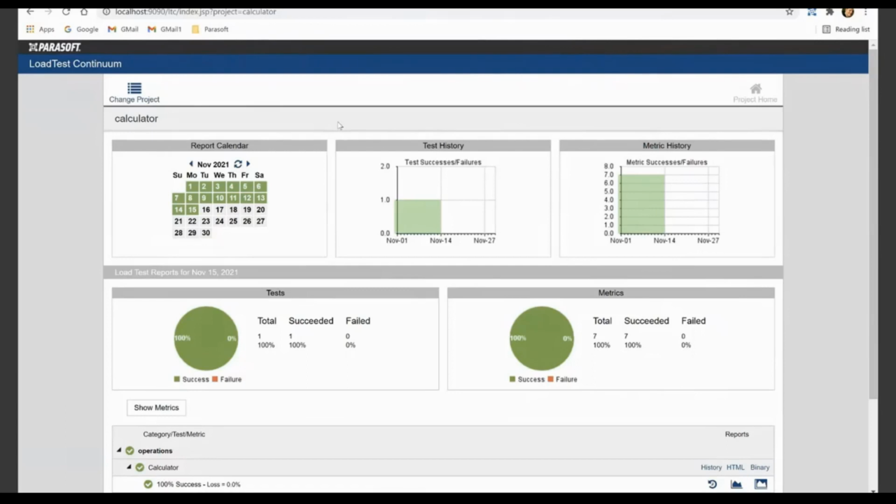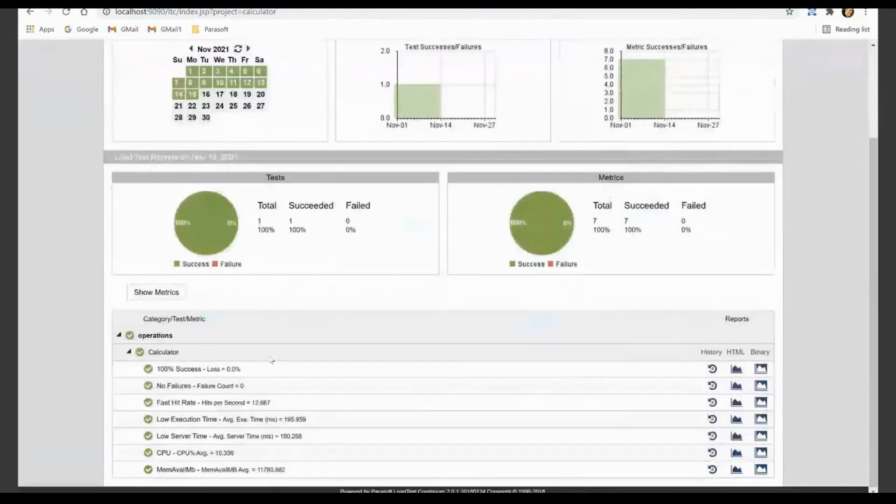You'll be running your load tests daily, and what you want to see is whether the test succeeded or failed, as well as either the standard or custom metrics you defined in load test. Continuum integrates seamlessly with a plugin where you can see the passes and failures, and when you click the link, it takes you to the details here in Continuum. And you can drop these down